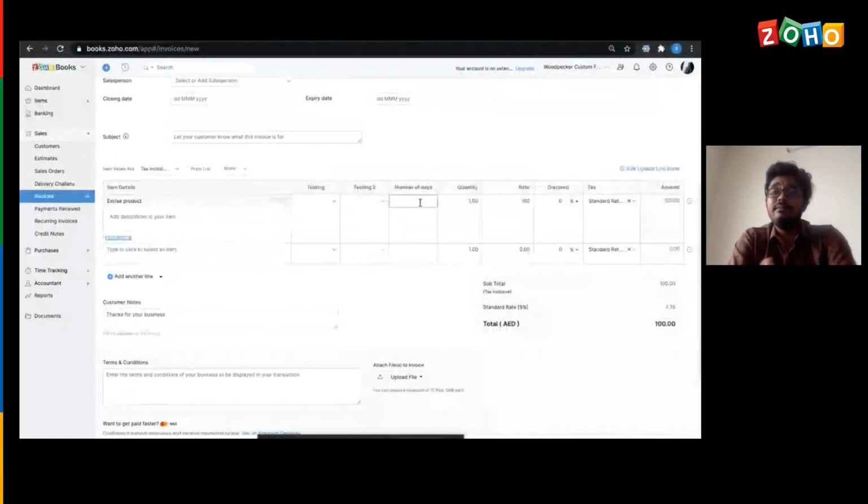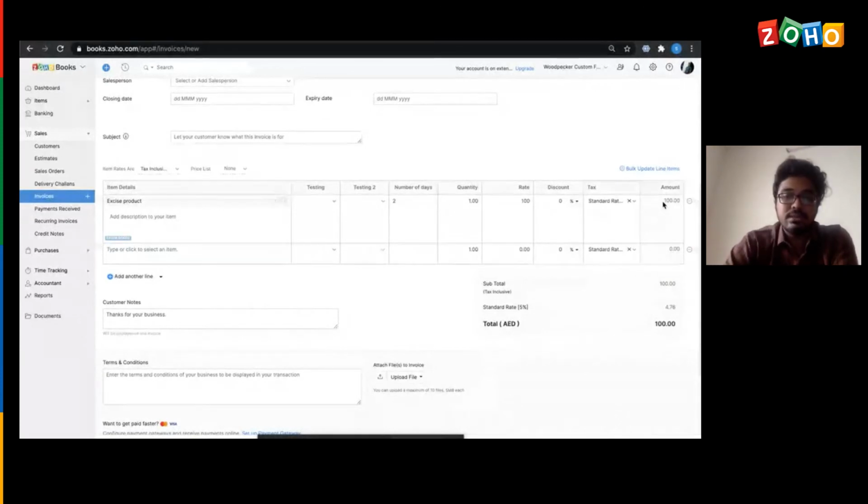Here I have already added an additional field to the item table to enter the number of days. For example, I'll take this number of days as 2. Usually the amount of each line item would get calculated based on the quantity and the rate field.